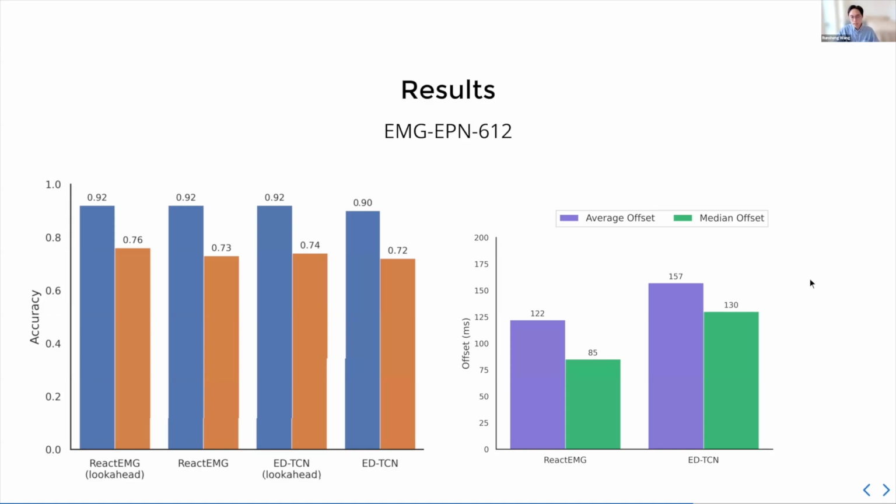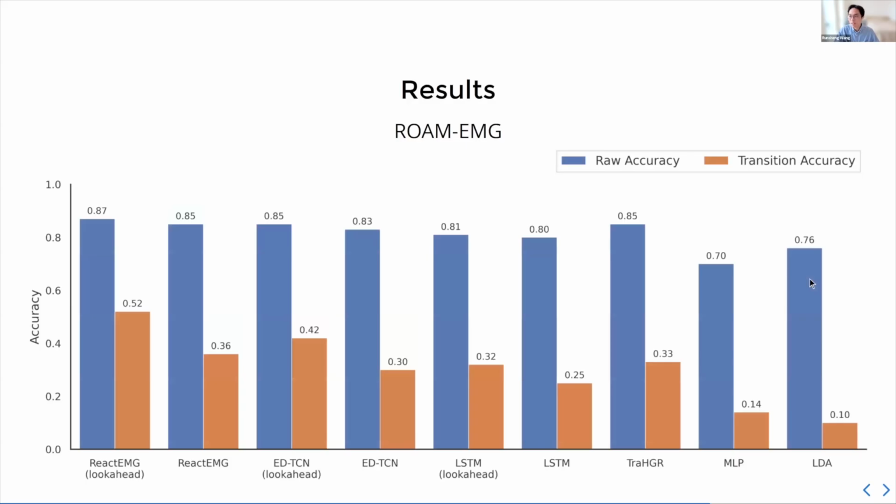So we collected our own data set called the ROM EMG, which I mentioned earlier that we were just part of. This data set essentially contains more different postures, different transitions across non-relaxed gestures, and various other distribution shifts, and it's on average much lower in accuracy. But I think it highlights the non-stationary nature of EMG and that online and offline have this big gap. And still, we're the best performing model across many different baselines.